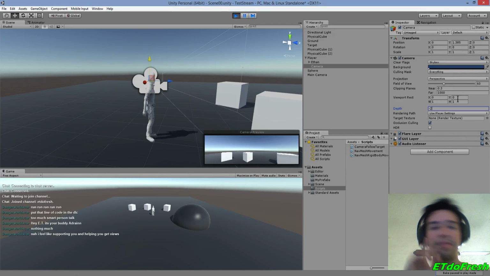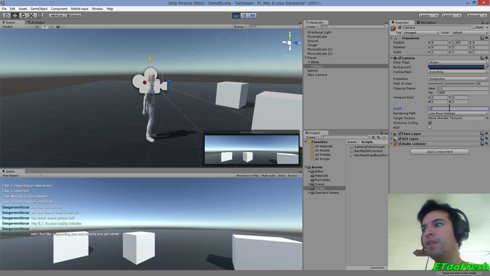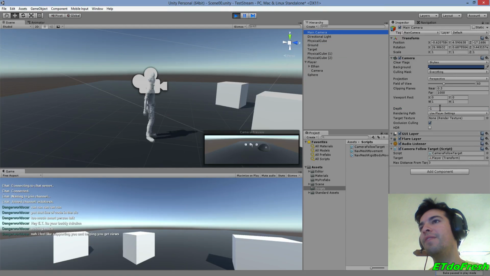Oh. So yes, it is rendering both cameras. But it's all about the depth. So which camera is it rendering first? So even if we made this -1, I guess it's the newer -1, so it uses that one second. So it draws the first camera, then the second camera right on top of it, which is this first person view. So okay,